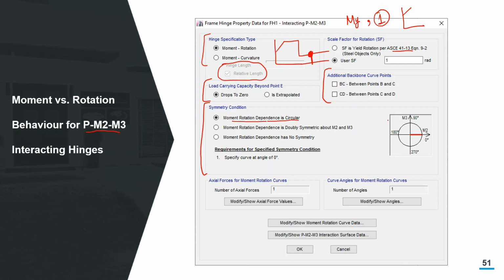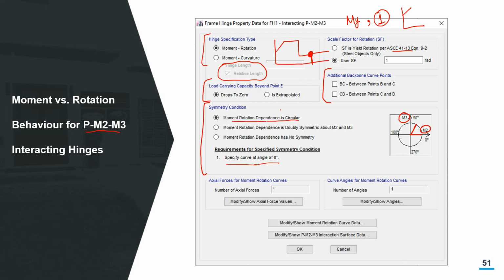Circular means that you just need to define the default angle specified curve at 0 degrees. Let me explain that in this way: you have M3 here, and you have M2 here, for example. The moment can either be in the M2 or M3 direction, or can be at any angle also. The corresponding rotation also will be at that particular angle.